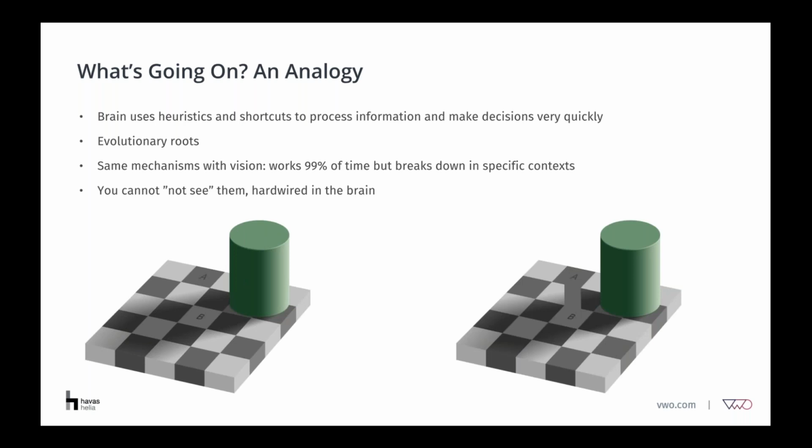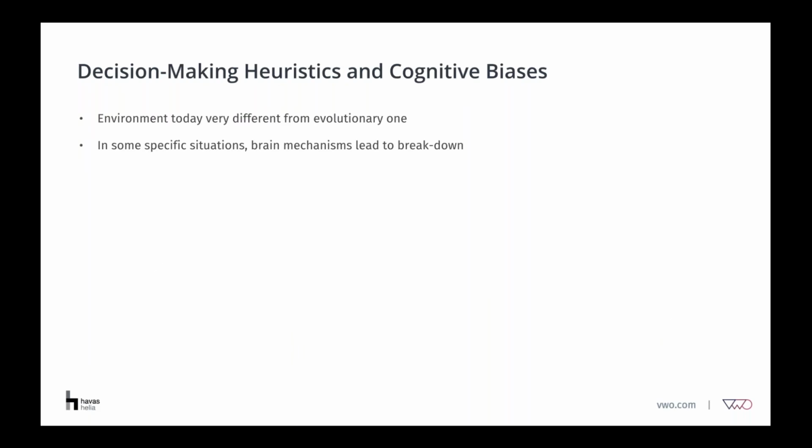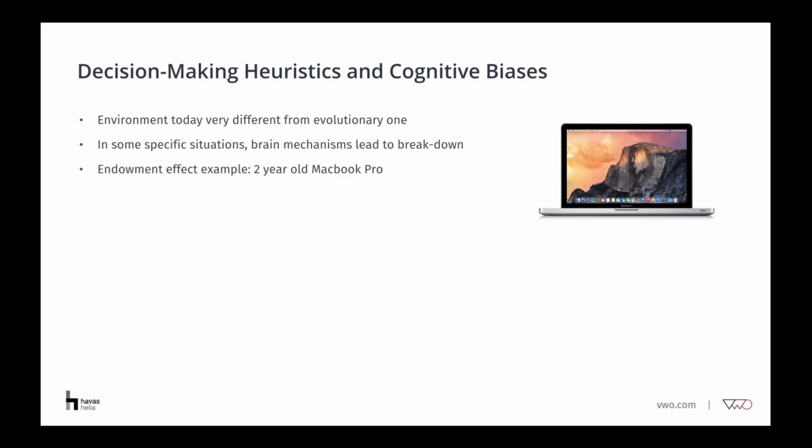And even if I'm putting both of them on the screen, so I'm going to have one on the left, the optical illusion, the modified one on the right. If you look at the left, you cannot see A and B as squares of the same color. You know for sure that they're the same colors, but you cannot see them as the same. You can only see them as different. Your brain is processing information to show that, in terms of reasoning, as different colors. It's impossible to change. And that's exactly the mechanism in terms of cognitions that we have.